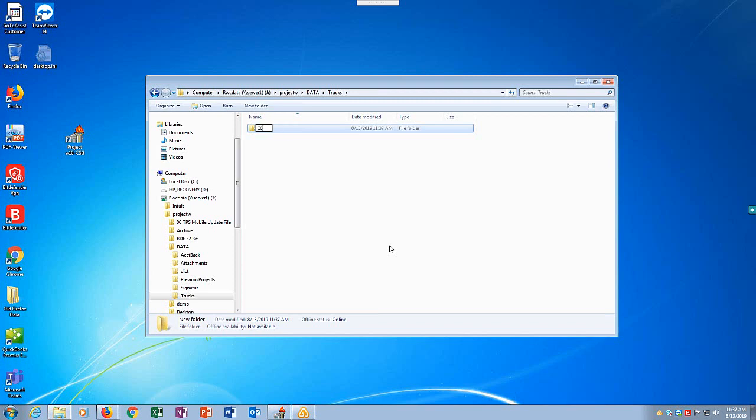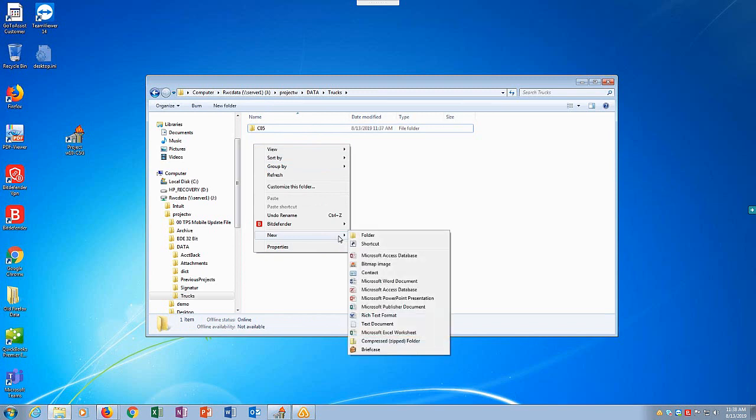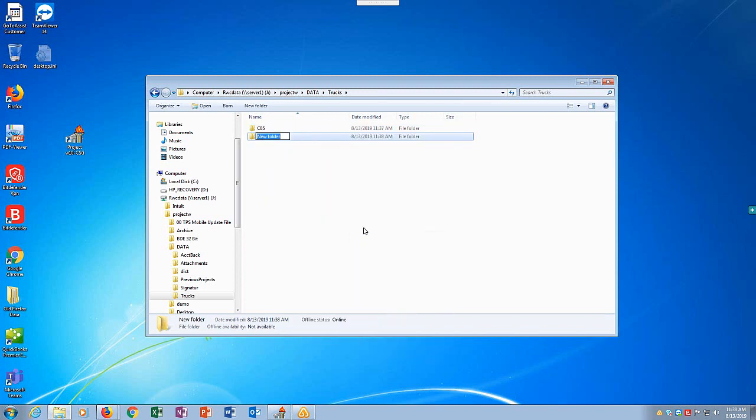T05. Okay. And another one? T16. All right, one second, and you can come back and create the rest. Okay. Now, to set up a truck, you create the folder that we're doing here, and then you